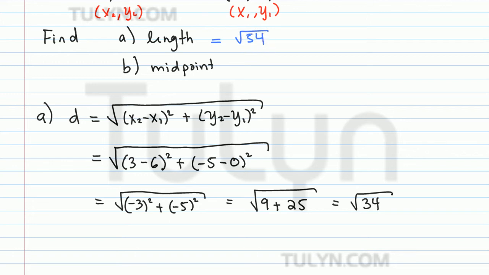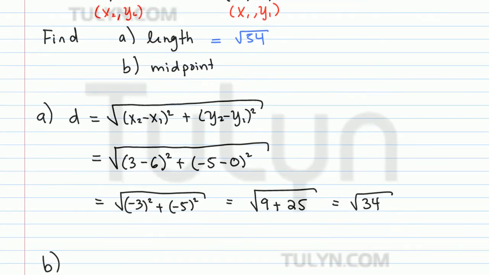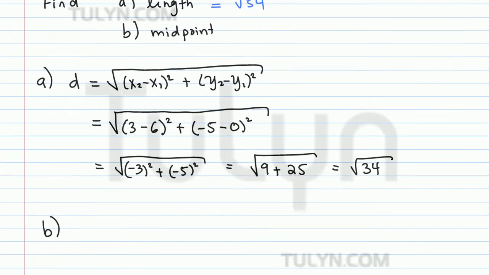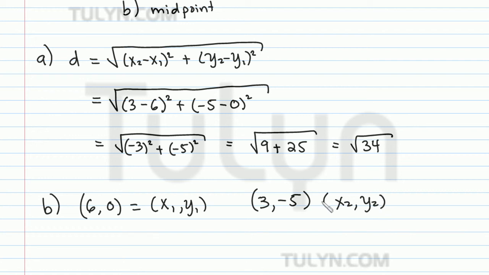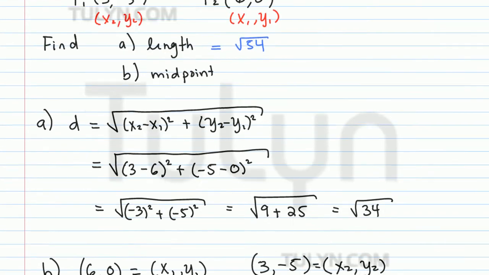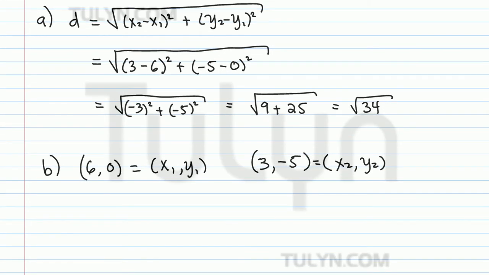Now, to find the midpoint, let me just rewrite these coordinates. So (3, -5) and (6, 0). So 6 and 0 is our x1 and y1, right? And then 3 and -5 is our x2 and y2. Let me just make sure. Yep. Alright, so now to find the midpoint,